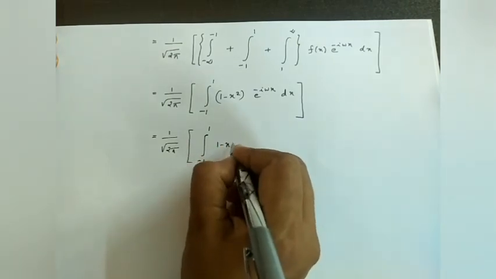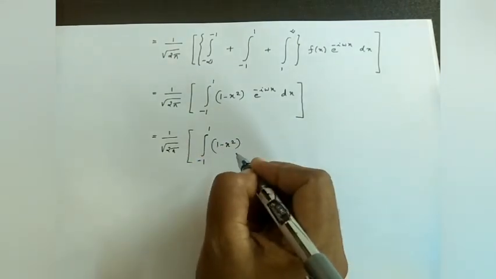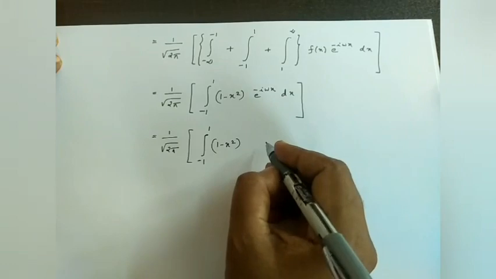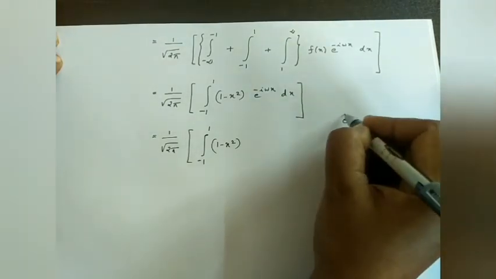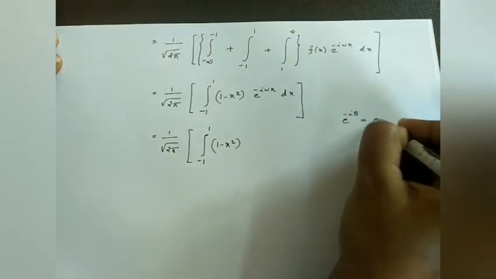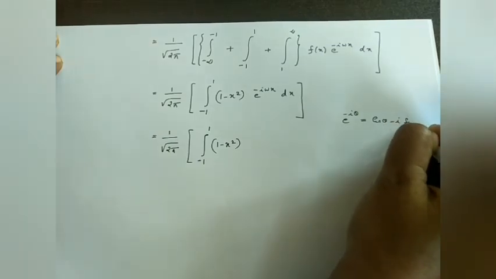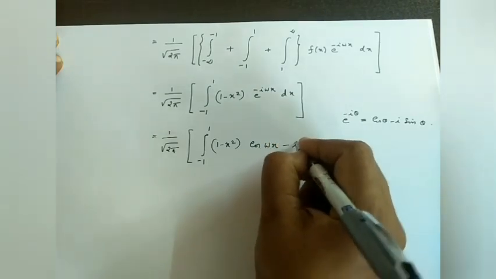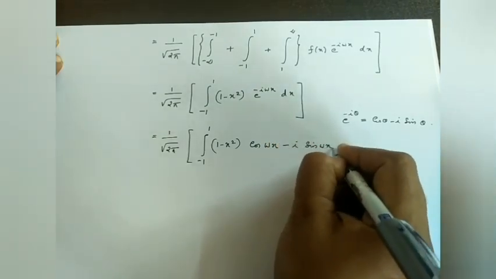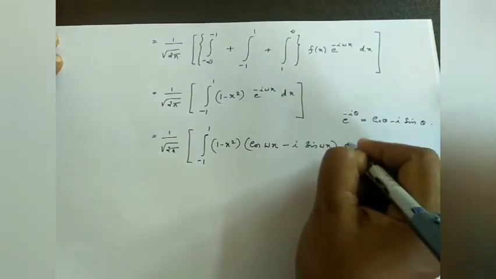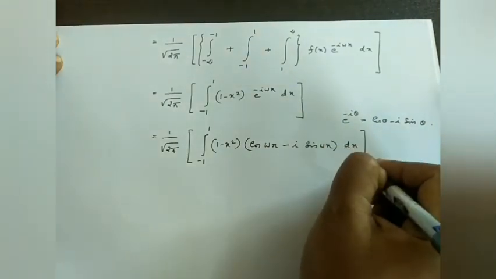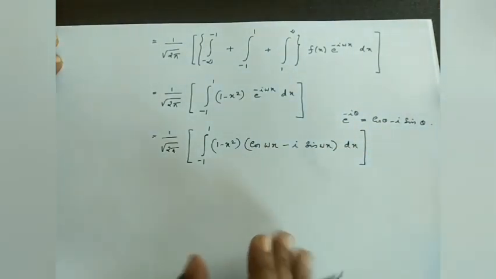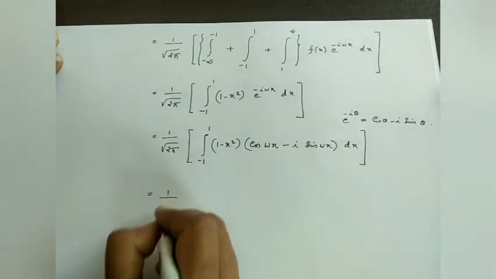That is, 1 minus x square into e raised to minus i omega x can be written as: e raised to minus i theta is cos theta minus i sin theta, isn't it? Using that formula we have cos omega x minus i sin omega x with respect to x. Okay, that is again equal to 1 by root 2 pi into,